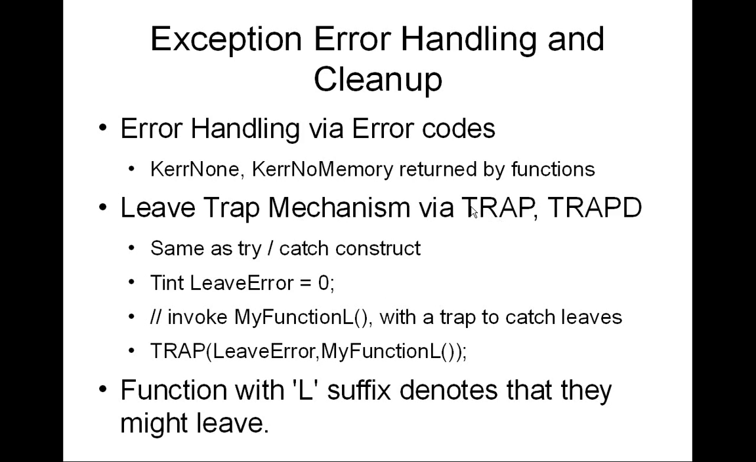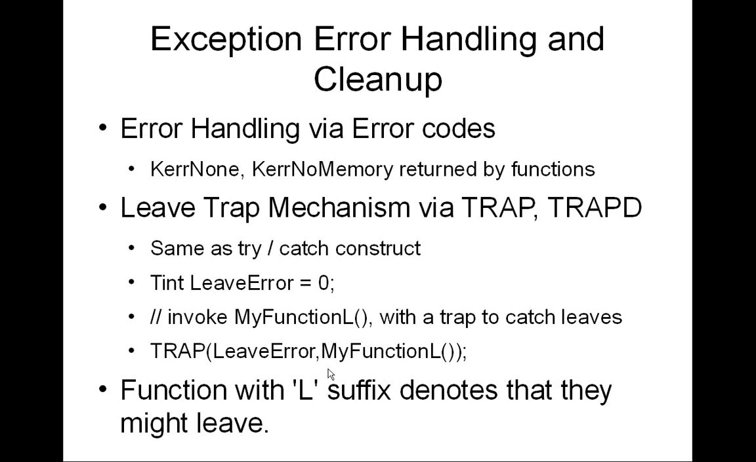So here the try block is TRAP. Here is an example. I have defined an integer, TInt leaveError equal to 0. Then I call a function. I do a TRAP and I pass it this integer reference, and I call my function. So if there is any exception inside this MyFunctionL, then